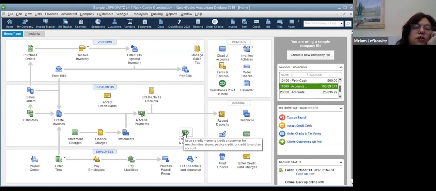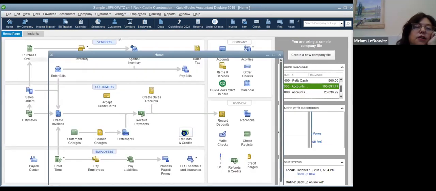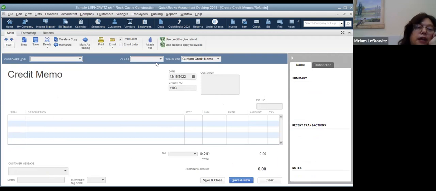So I go to refunds and credits. Refunds and credits is when the customer has to technically return the item, and then I'm settling with him again. Because the invoice was already mailed and done, I have to give him a refund and credit. So again, I go to